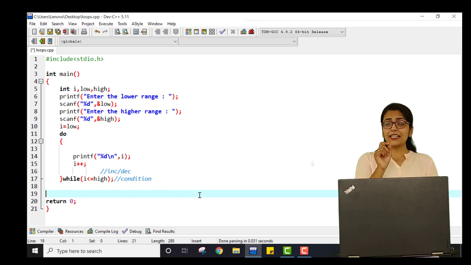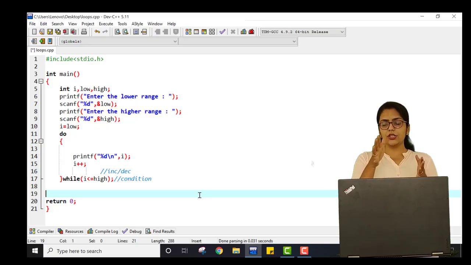Right? So this is why we call it an exit control loop, because I am not going to check the condition when it is entering. If you have observed, in the previous lecture, in the for loop and while loop, before entering the loop I am checking the condition. That's why both of them are called entry control loops. But here I am not going to check the condition when entering the loop. It will just blindly enter the loop, and then it will check whether it has a key or not. If it has a key, then it will stay inside the loop, otherwise it will go outside.